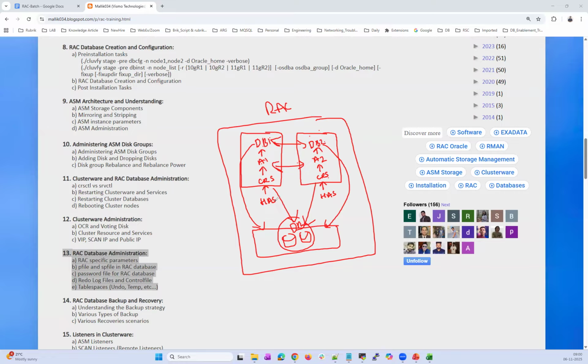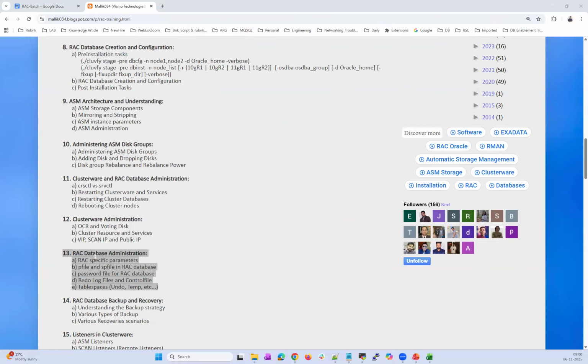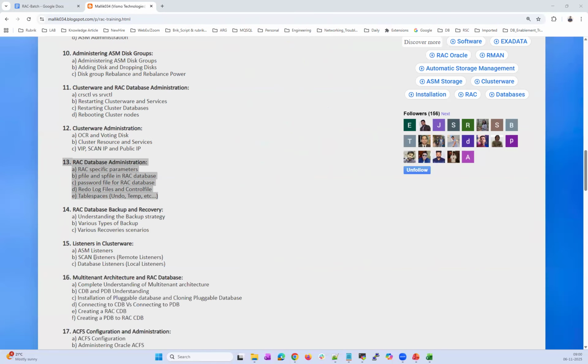How all this communication works and how RAC internals work will all be covered there. We'll also cover a lot of concepts around RAC internals, including why SCAN IP, why VIP, why public IP, why private IP. What are the advantages of that, how failures happen, and how the RAC services work. All will be covered along with RAC internals.